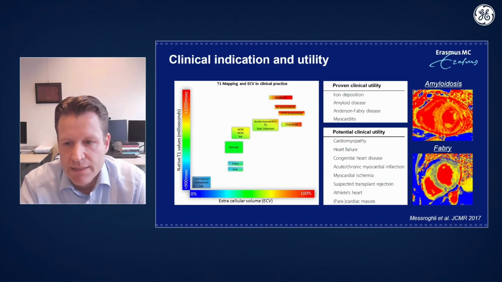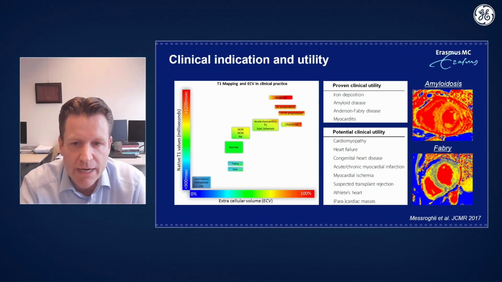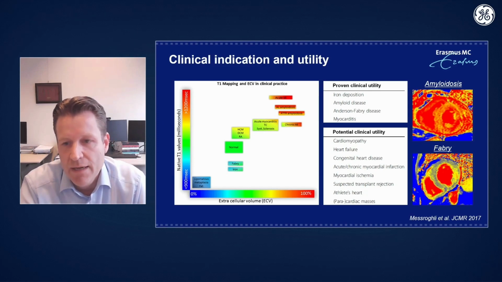And what's stated in the paper is that the clear proven clinical utility is for iron deposition, for amyloid, for the detection of Anderson-Fabry, and for myocarditis. In the meantime, the updated Lake-Louise criteria has also been published, where the T1 and T2 mapping has an important role. There are a lot of other areas, and a lot of research is done on the potential clinical utility in, for example, cardiomyopathy, congenital heart disease, but also acute myocardial infarction, ischemia detection, and other